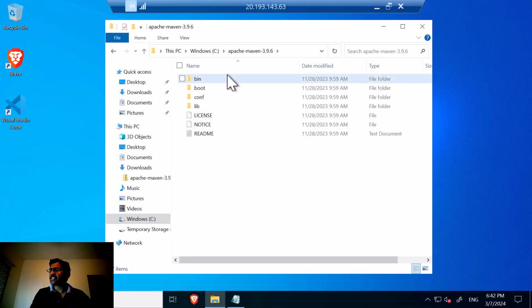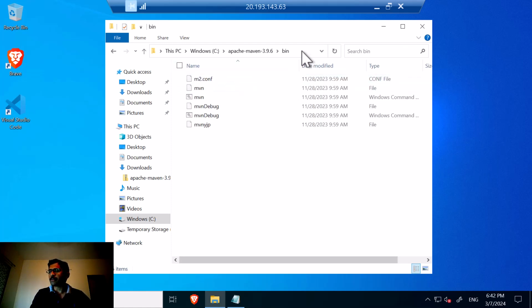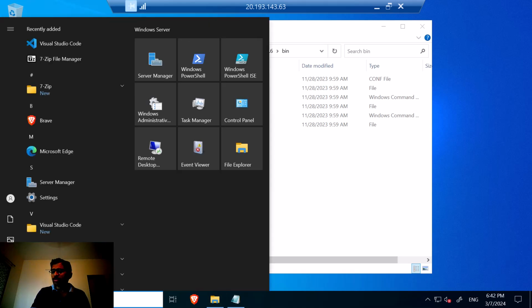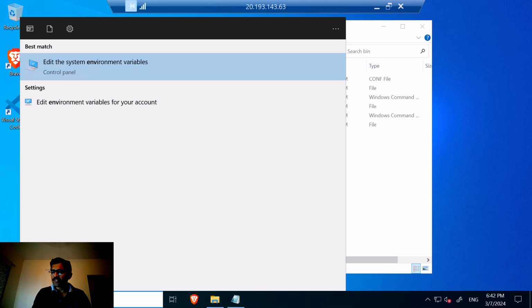It is extracted in the C drive, and this is the bin folder of Apache Maven. Now, for all these tools to work properly with each other, you need to set some environment variables. Okay. And what are those environment variables? To set the environment variable, go to the start menu, click on the start menu, type env in your search